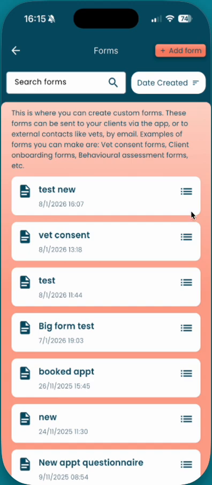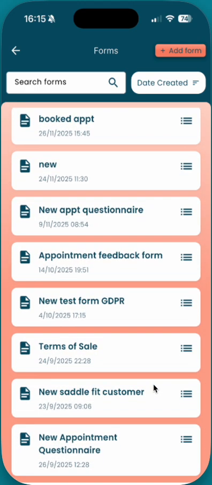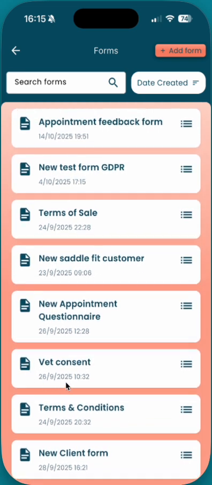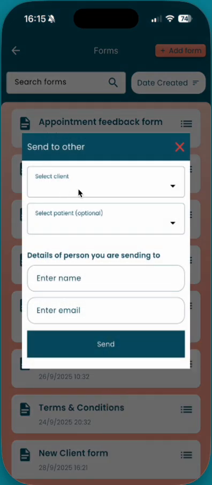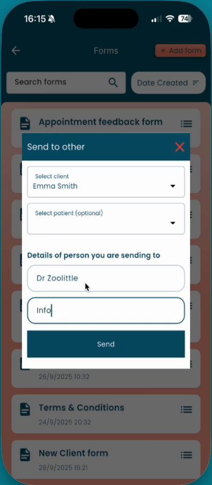Similarly, to send a form to an external contact like a vet, find the form that you'd like to send. I'm going to use the vet consent form here. Click the three lines and click Send to Other. Choose the client's name again. Choose the animal as an optional field if you wish. Enter the vet's name and enter their email address,